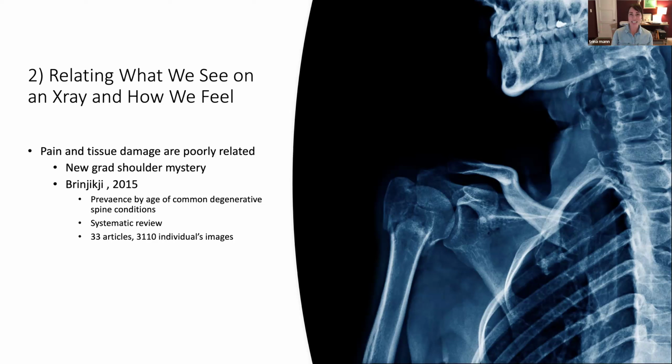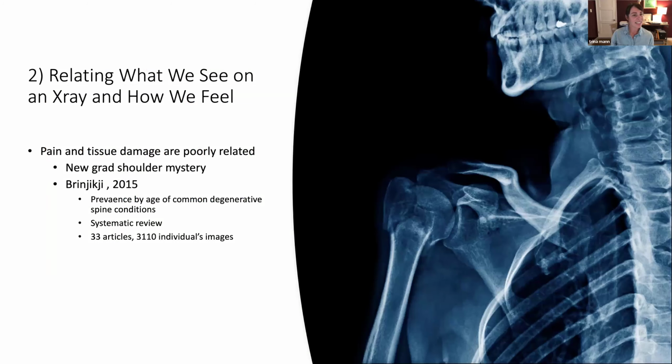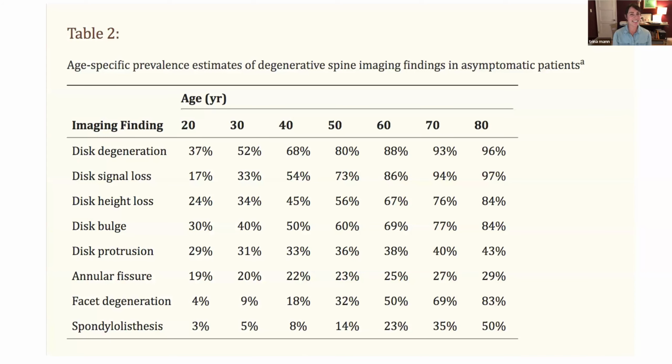And some of the inclusion criteria for these people to have their images looked at was that all of these people were asymptomatic. And I remember reading in the study, I think there was even a question like, have you ever had even minimal pain in your back? And if people had, then those images were excluded. So this is truly asymptomatic people without any history of back pain. And this is the finding that